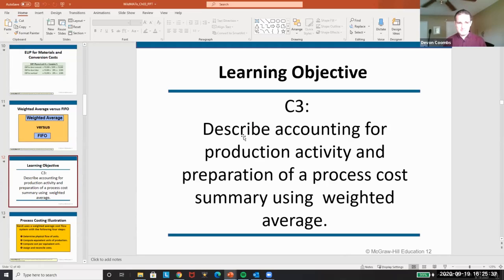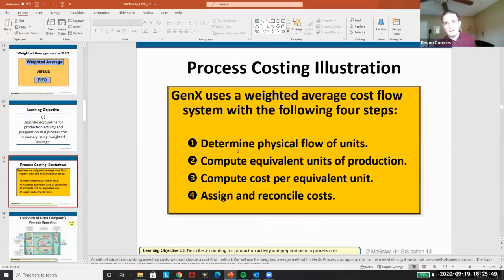Learning objective 3, describe accounting for production activity and preparation of the process cost summary using weighted average. So we're going to be going into the weighted average method here, and we'll illustrate how it's done. In the process costing illustration, this company, Gen X, uses a weighted average cost flow system for the following